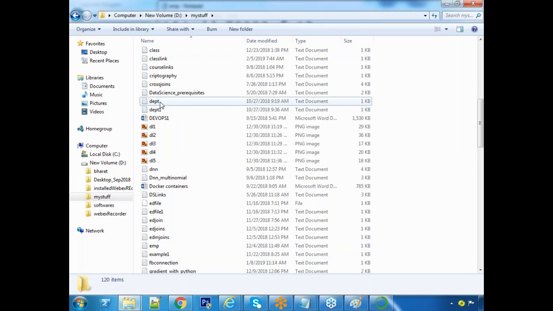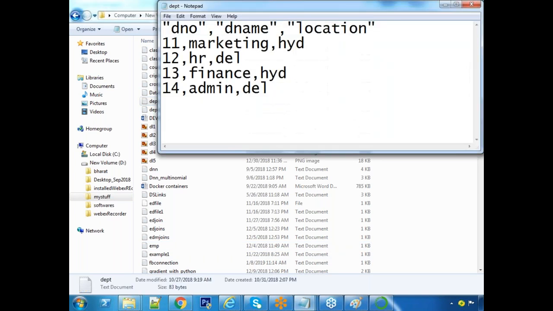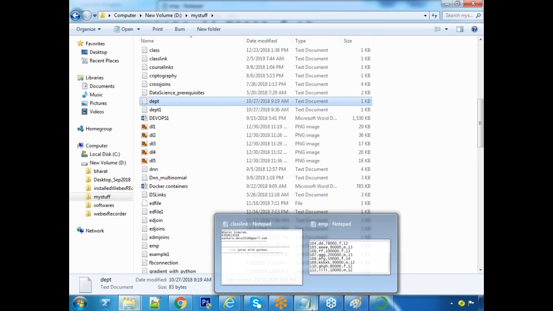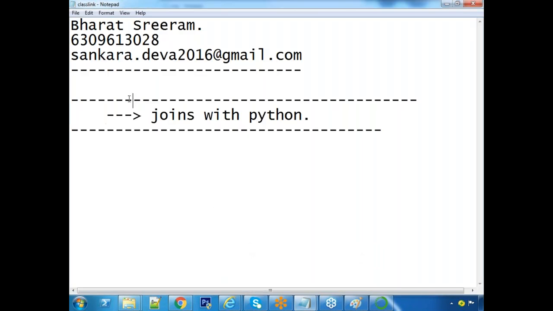Now, observe this file, sir. What are the departments? So first schema, department number, first column. Second, name, third location. So there are 14 departments. So these two files I am going to read. One file EMP, another file DEPT. First observe the coding. Among EMP and DEPT, which is parent, which is child?